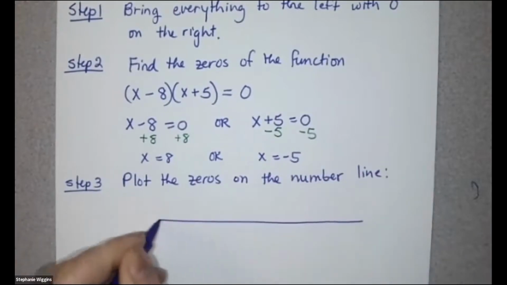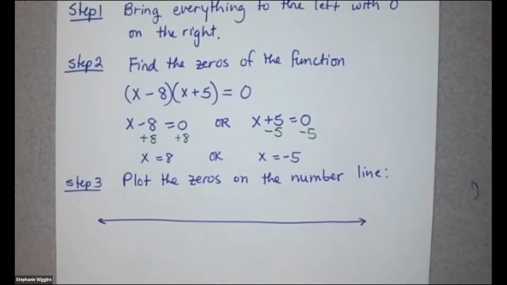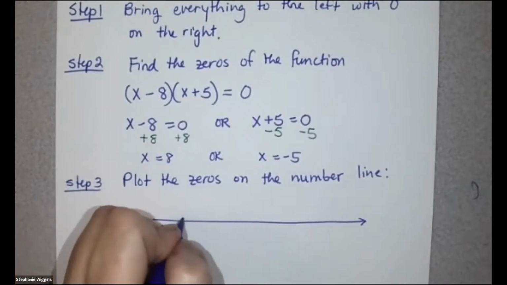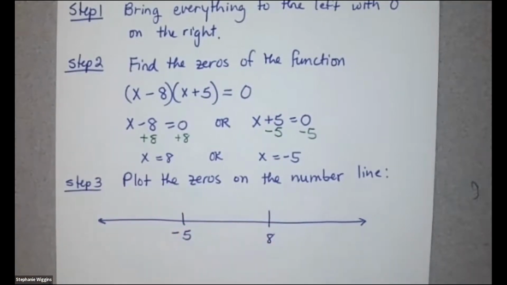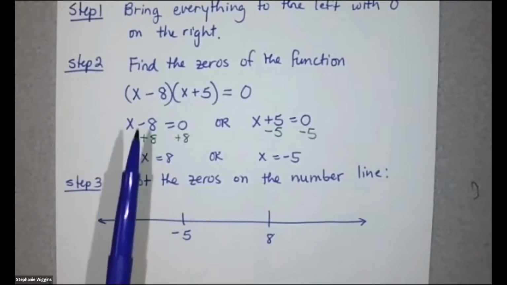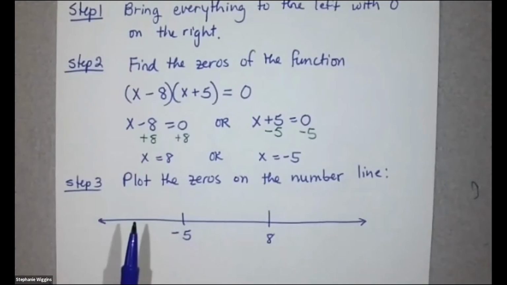So I draw a number line, and we have -5 on the left and 8 on the right. Because these are zeros and this is a polynomial,